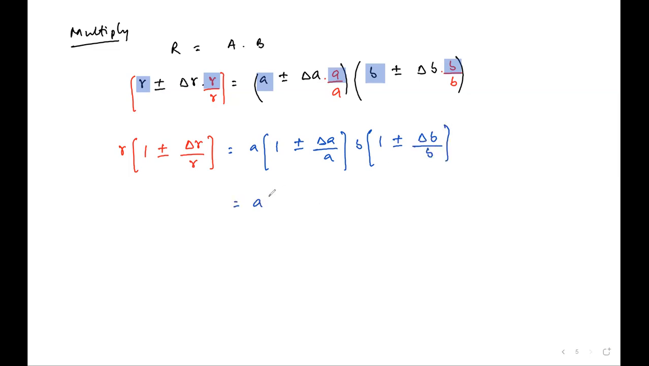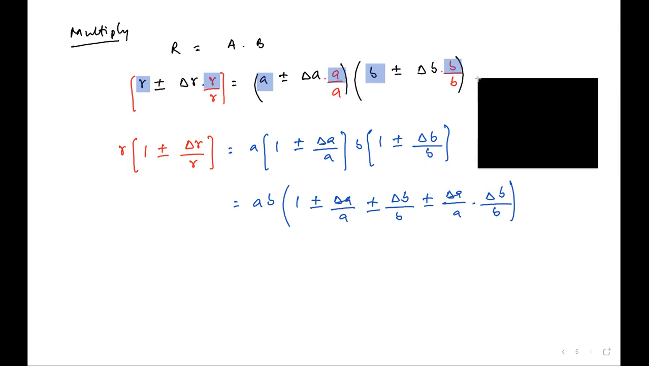So on expanding, A and B taken out as coefficient, if you expand this term using distributive law, it will be 1 plus minus delta A by A plus minus delta B by B plus minus delta A by A times delta B by B. I have used here distributive law,